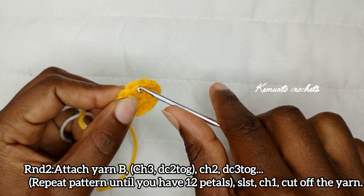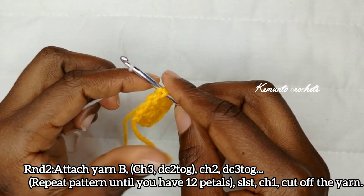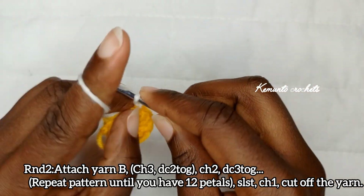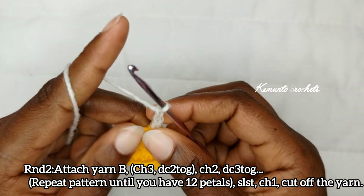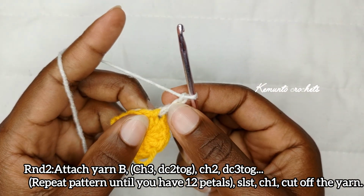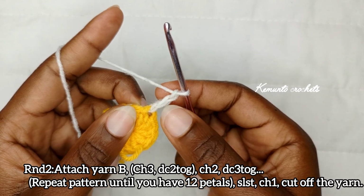To begin round 2, attach the white yarn into any of the double crochet stitches and then chain 3, 1, 2 and 3. This counts as our first double crochet, and into the same stitch we place 2 double crochet together. To do that,